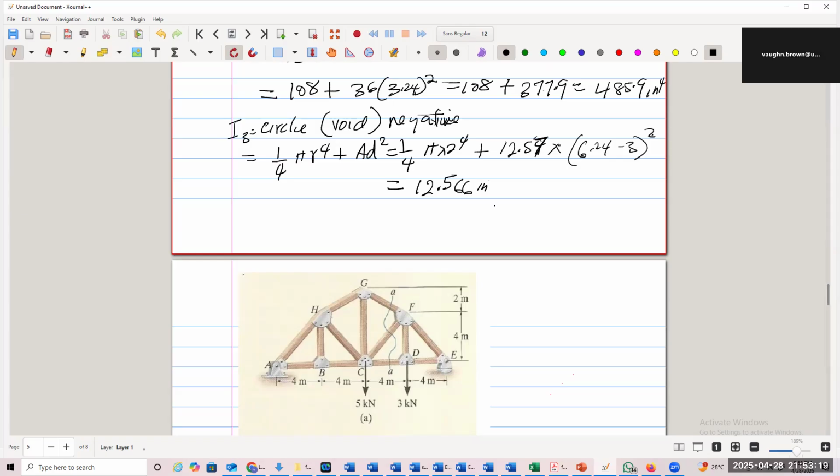And remember, that is inches to the 4th, plus this one here now. This one is going to give me back 3.24 to the 2nd power squared, times the area